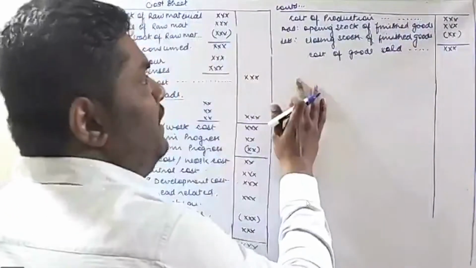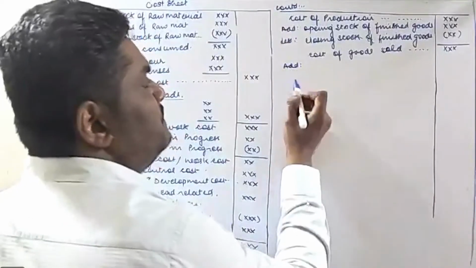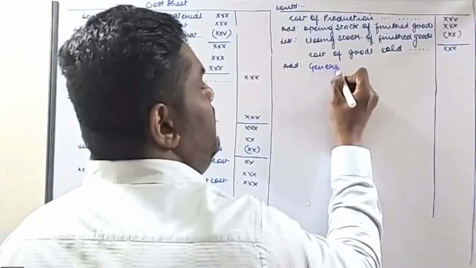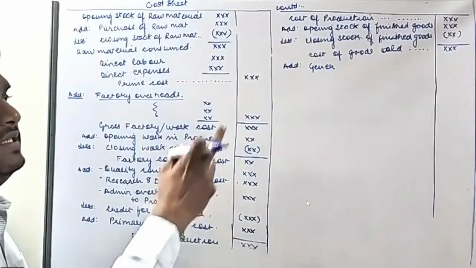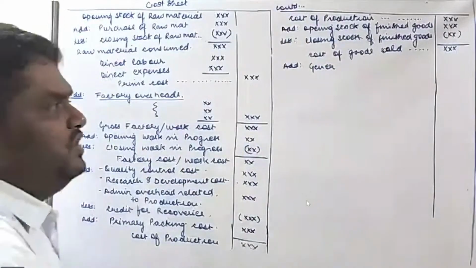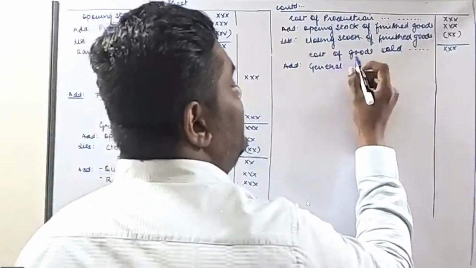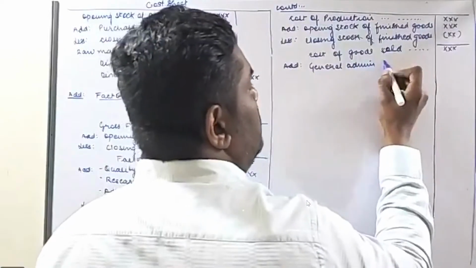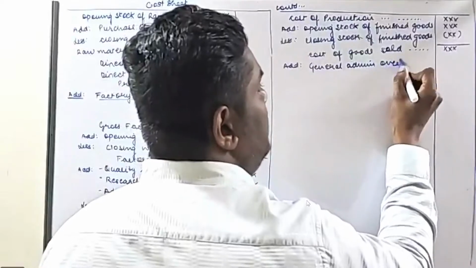Now, after calculating the cost of goods sold, we will add the following items. See, the general administration overhead. Administration overhead related to production is already considered while calculating cost of production. So apart from this, the general administration overhead that is incurred at the office level will be considered after the cost of goods sold. So general administration overheads,